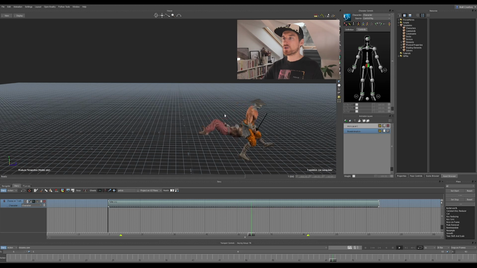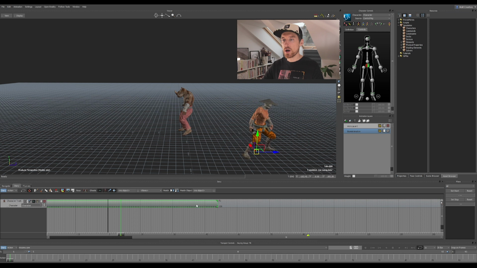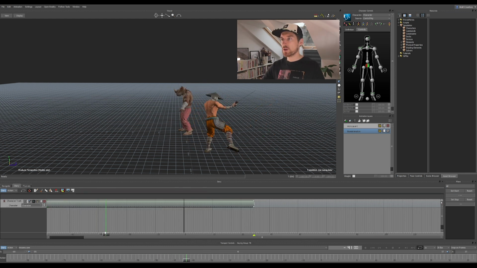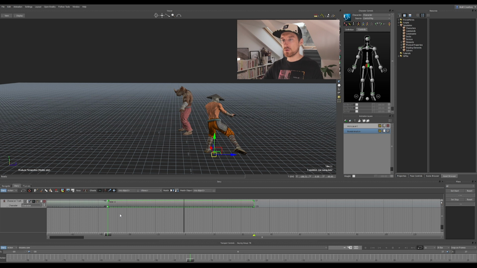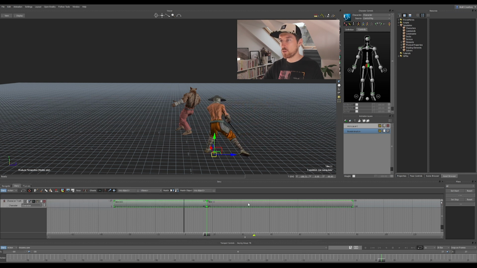And what I want to do here is time them so that the Rhino reacts to the swing. The problem we have here is that the Rhino reacts pretty soon. So what I can do, because I'm free to do so, is drag the clip before 0 to set it earlier in time, and I want to make sure that that first strike, I'm gonna mark it here, kind of matches with the Rhino's first reaction here, which is somewhere in here. So I've pushed it back way too early.